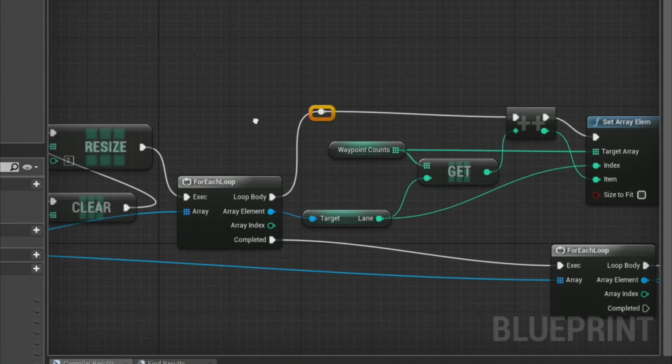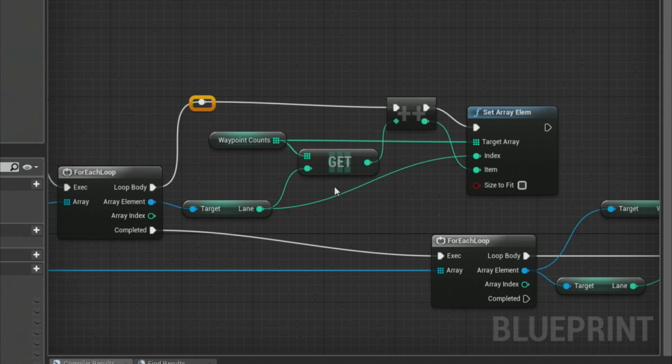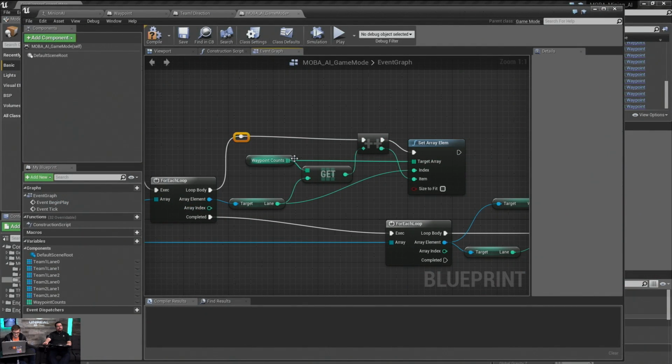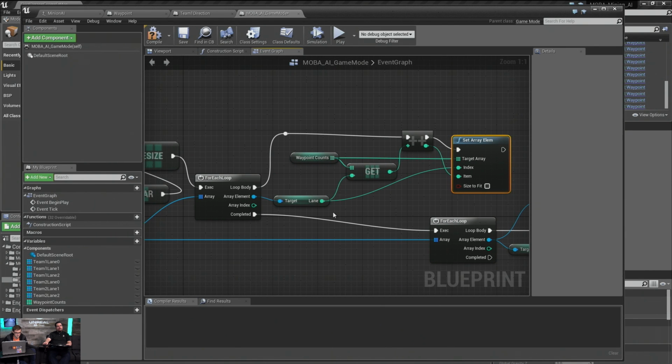So what we've done is our for each loop is going through and saying, hey, what's your lane number? And it's like, well, I'm lane 1. Okay, so I have 1 for lane 1. So I'm going to store that in our waypoint counts. So we're getting the value there. If it starts off at 0, then we're just saying increment it, so it's going to go up by 1. And then we're resetting the same index to whatever that happens to be. Then we ask the next one, the next one, the next one, so on down the line.